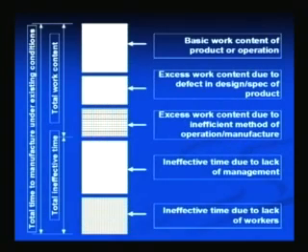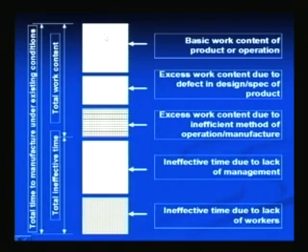So, here we can see schematically what the different constituents are that form the total time required for a given job. If we look here, this portion indicates the basic work content, which is the minimum amount of work required to do a given job. But if the design of the product or its specifications are not perfect, then it will take somewhat more work